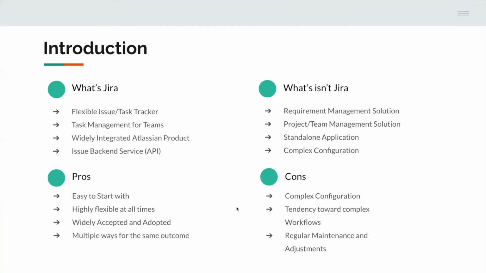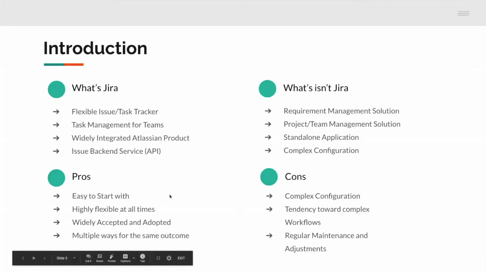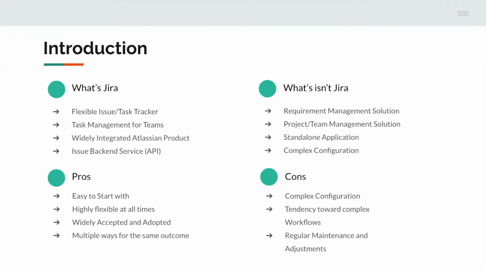Now I will introduce what Jira is, what Jira isn't, and the pros and the cons of Jira. Let's start. What is Jira in my opinion? It's a really flexible issue and task tracker that was developed in the year 2002, and that's the core. It gives you issues and you can manage them, you can track their history and changes, you can collaboratively